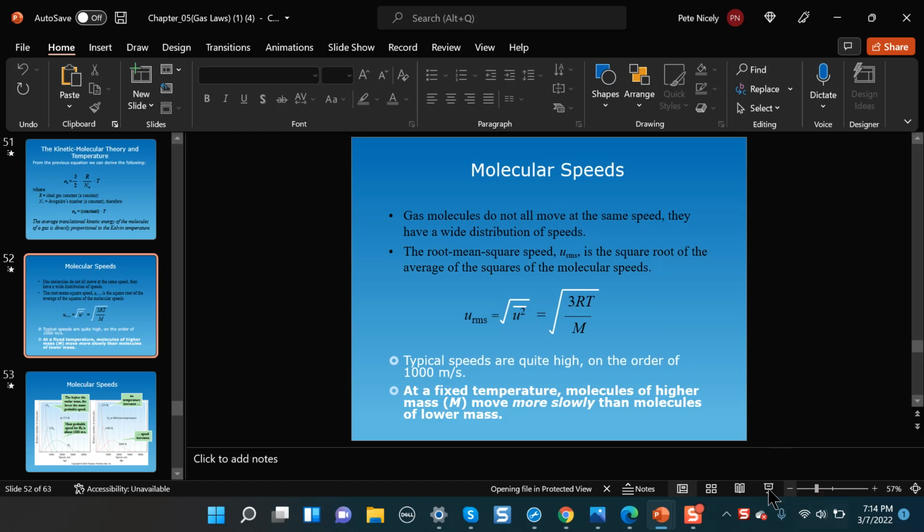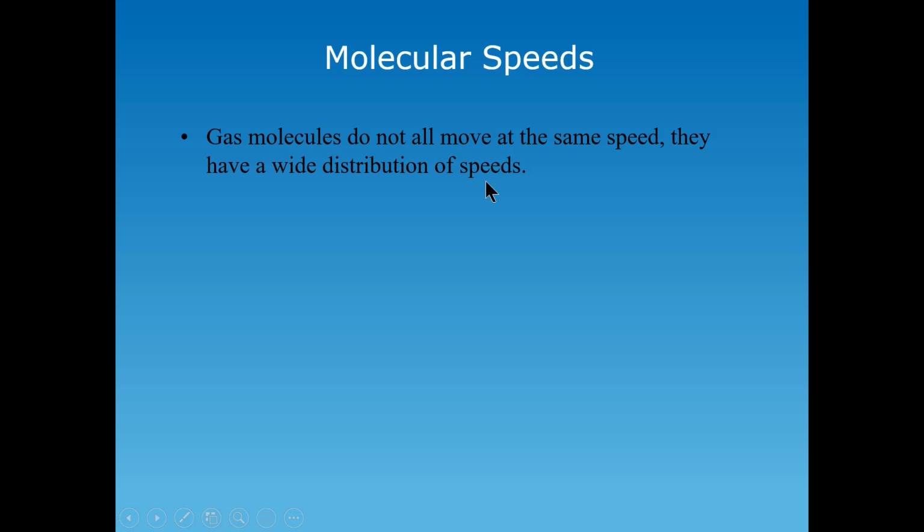So now we're going to talk about molecular speeds and see if we can relate the molecular speeds to certain properties exhibited by gases. Now, the first thing we should recognize, and this makes sense if you think about it, is that if you have a gas trapped in a container like a balloon or a beaker, then if you were to examine the individual speeds of the gas molecules, you'll know that